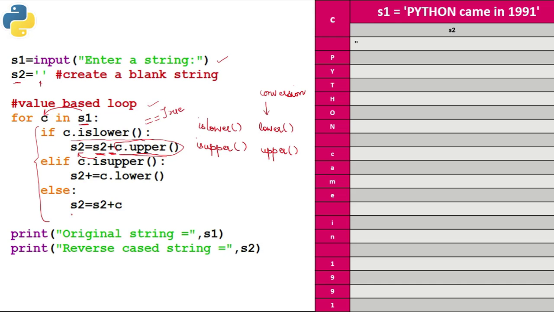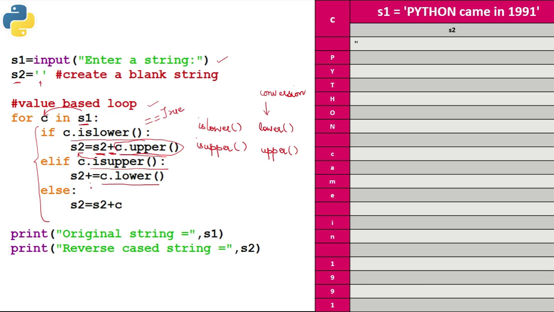Or if the element that you're fetching is not a character, it's not an alphabet, then it will be added as it is to the target string. Fine. So this condition is clear. Then if it is not in lowercase, then in the second condition, we are going to check if C dot is upper is true. That means if the character fetched in the current iteration is in uppercase. If that is the case, then I am going to be adding. At first, I'll convert this, C dot lower is going to convert that character into lowercase,